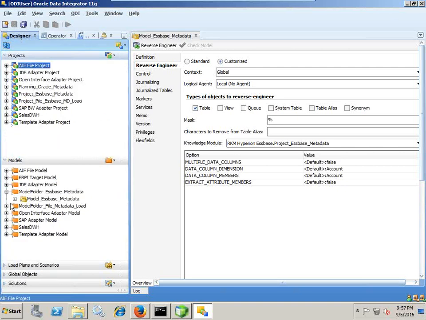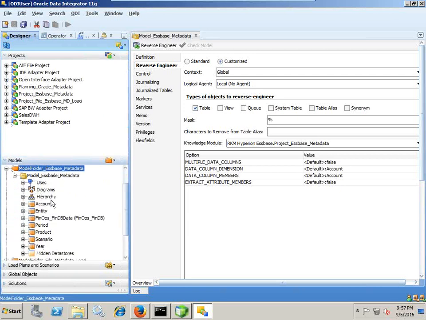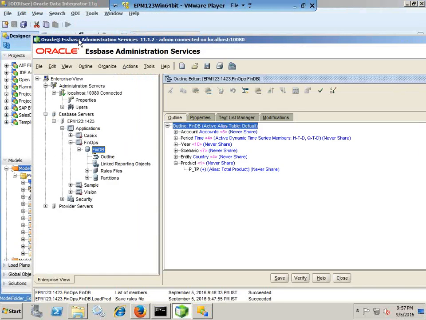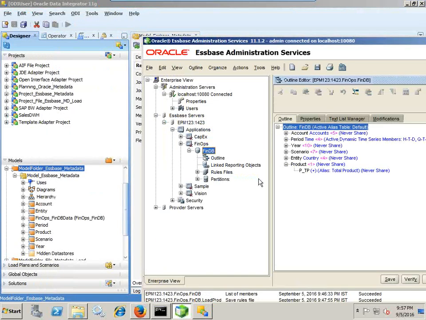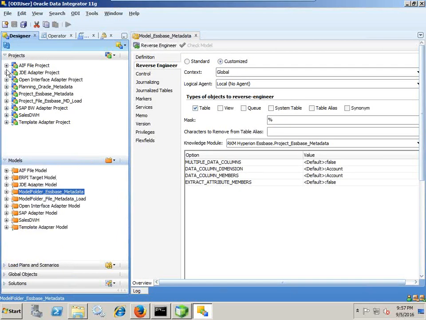As a result of this, you can see all the dimension members are retrieved. Okay, all dimension members of my Essbase cube got retrieved. You can compare over here. So you got account dimension, entity, period, product, and all. Right. Now the last step, I create